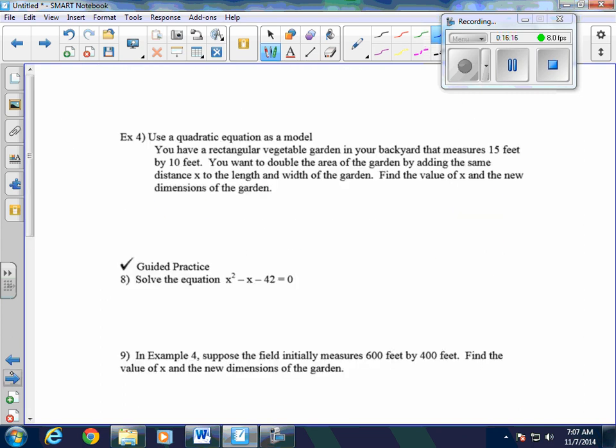Next, example 4 says you have a rectangular vegetable garden in your backyard that measures 15 feet by 10 feet. You want to double the area. Okay, so it's going to be 15 feet by 10 feet. You're going to double the area of the garden by adding the same distance x to the length and width of the garden. Find the value of x and the new dimensions of the garden. So essentially, what you're going to do is